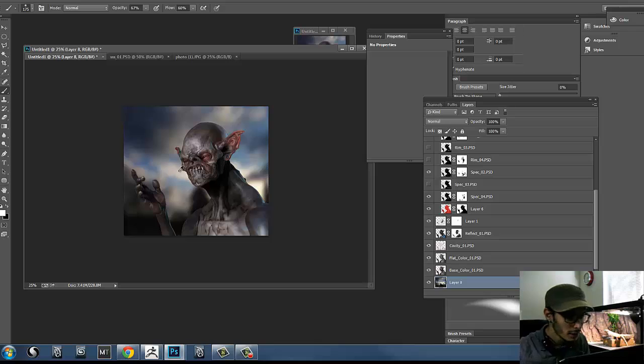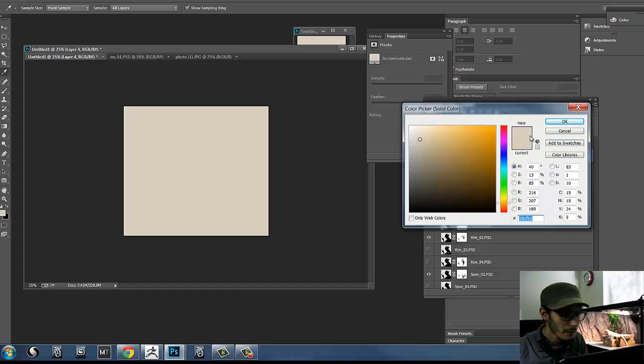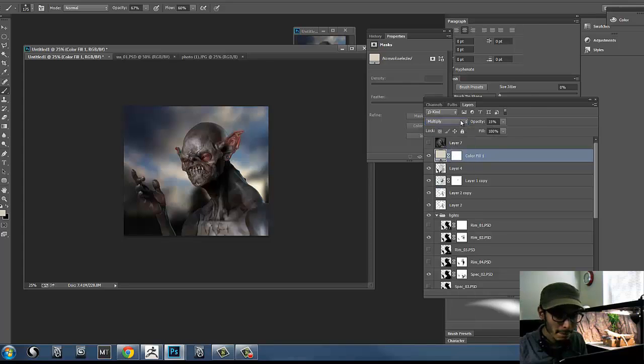So what I'm gonna do is I'm just gonna maybe pick maybe like this color right here. Go to the top of my stack and do like a solid color. Hit OK, and then maybe put this on a screen layer and turn the opacity down. Light. Just to kind of